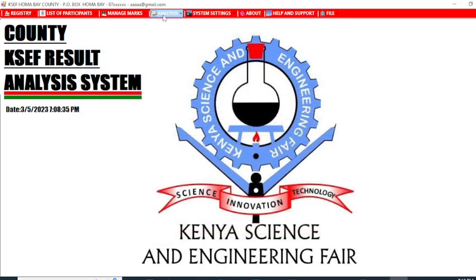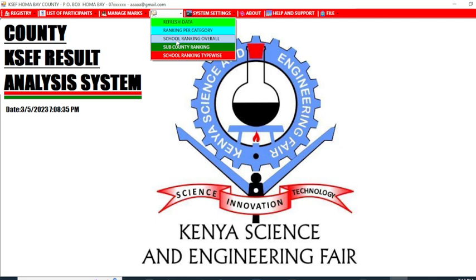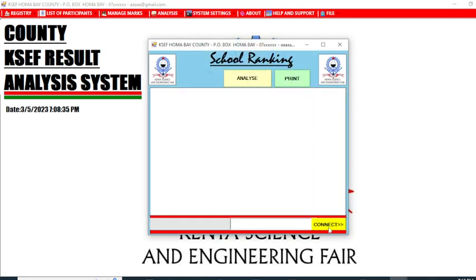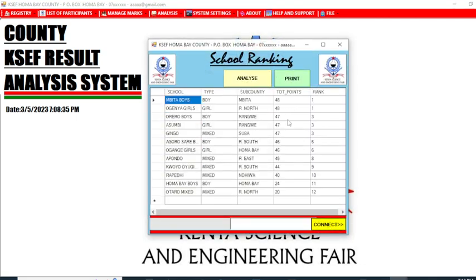So like that. You can do analysis up to school ranking. You can rank all the schools which have come for that participation. You're able to see here all the schools, whether mixed, girls or boys, they are all put together. So rankings are here, total points are there. So remember, this comes from the ranking points. Okay,